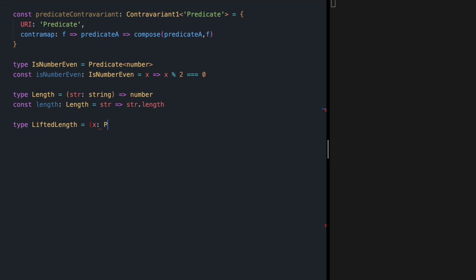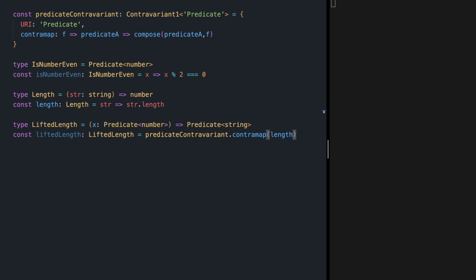It receives a predicate of number and it's going to return us a predicate of string. Let's calculate this. liftedLength of type liftedLength. We use our predicateContravariant, call contramap over it and pass our length function to it.